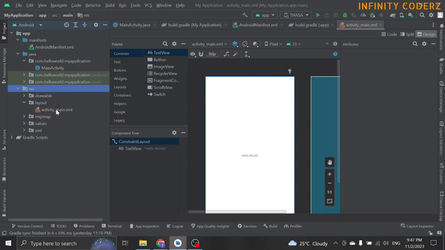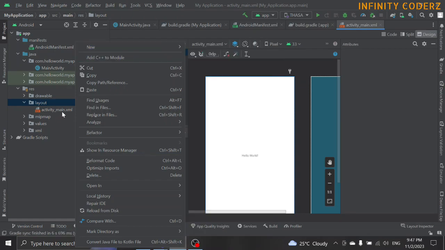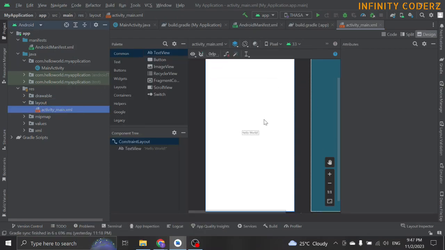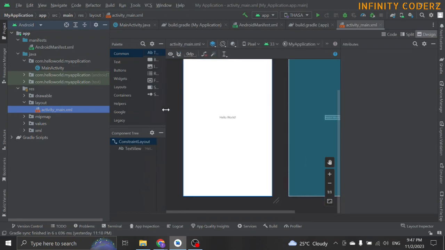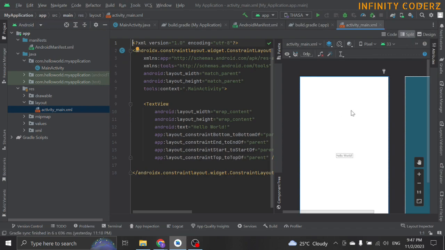If we want to access the XML layout manually, it is located under res, layout. If we want to create a new XML activity layout, right-click on the layout module and select New, followed by Layout Resource File. In the main activity XML, there is a string Hello World in the Design tab view. If you click on the Split view, it will simultaneously view both the XML layout file and the corresponding design preview of your app's user interface. This allows you to make changes to the layout file and see how they affect the design in real time.